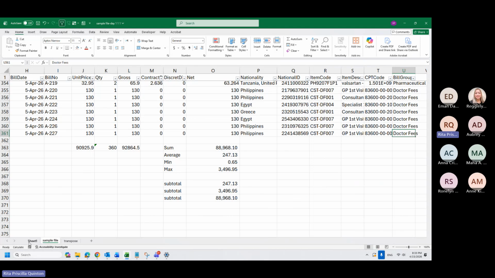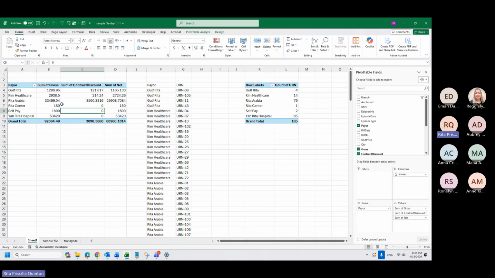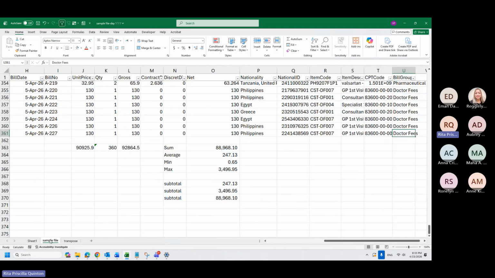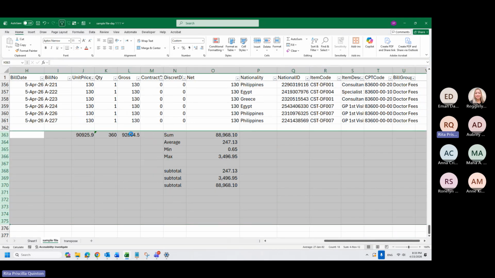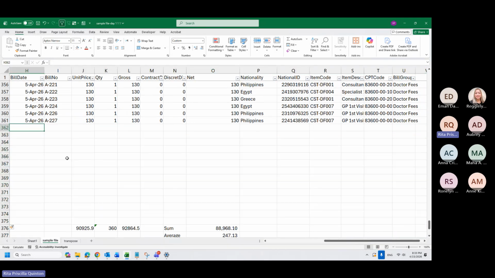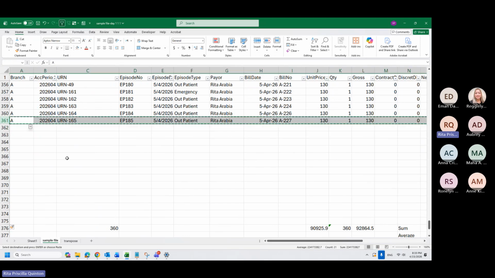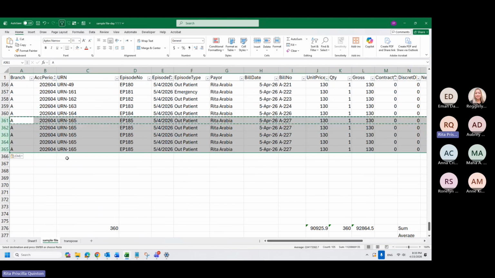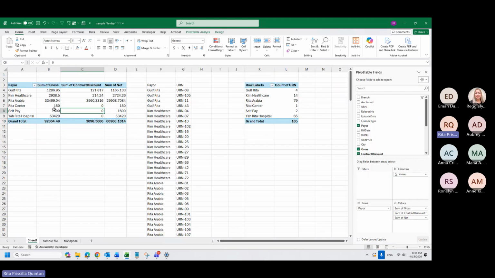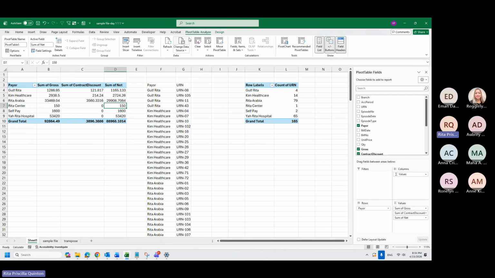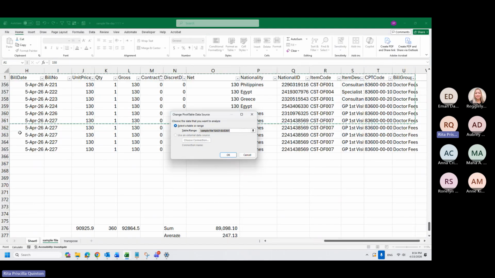So it means that this pivot table is only capturing those lines. So if I add anything, for example, I want to add until 365 and then refresh this, it will not move unless I change my data source again. Okay.